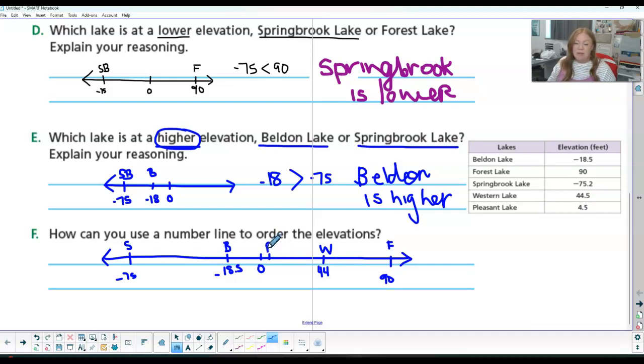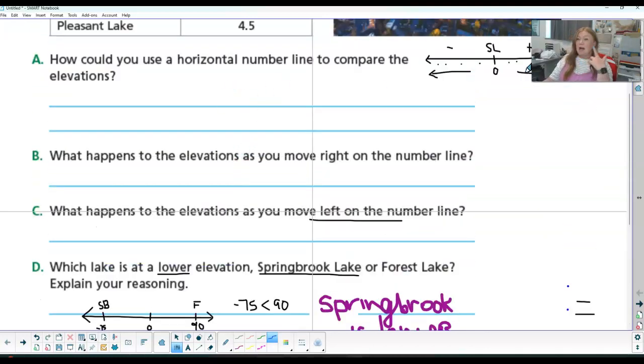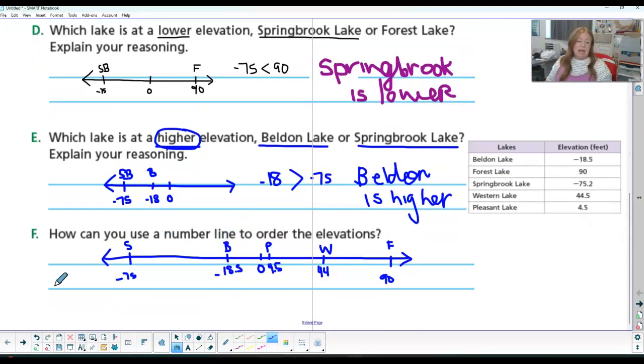We have Pleasant, 4.5. So now that I have these all in the number line, it's really easy to put them in order. I'm just going to start on the left and work my way across to put them in order from least to greatest. That starts the smallest, and as I go to the right, it's getting bigger, bigger, bigger, or the elevation's going up, up, up. So make sure you have A through F answered. So even if I didn't write an answer, I talked about it. So be sure you're listening and doing the work with me. So make sure A through F is all filled